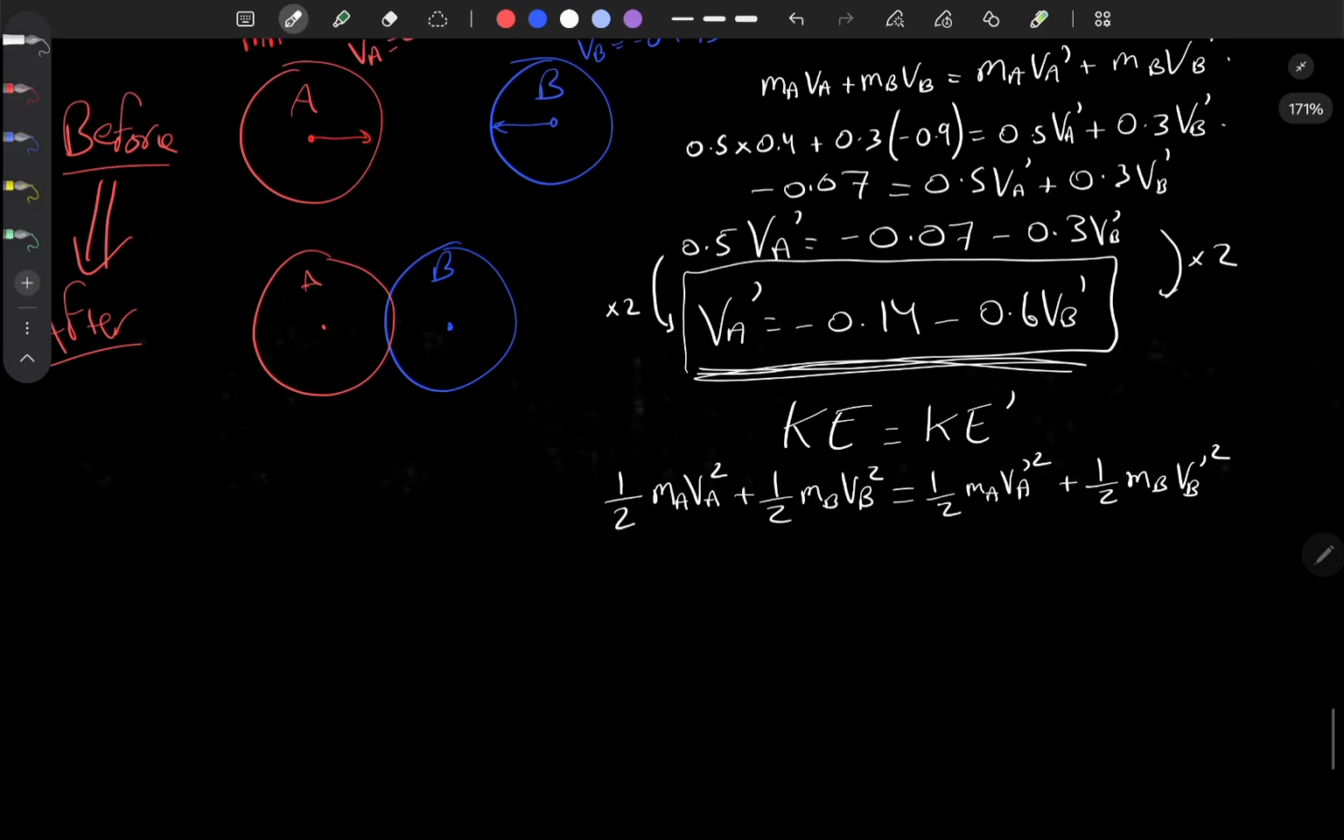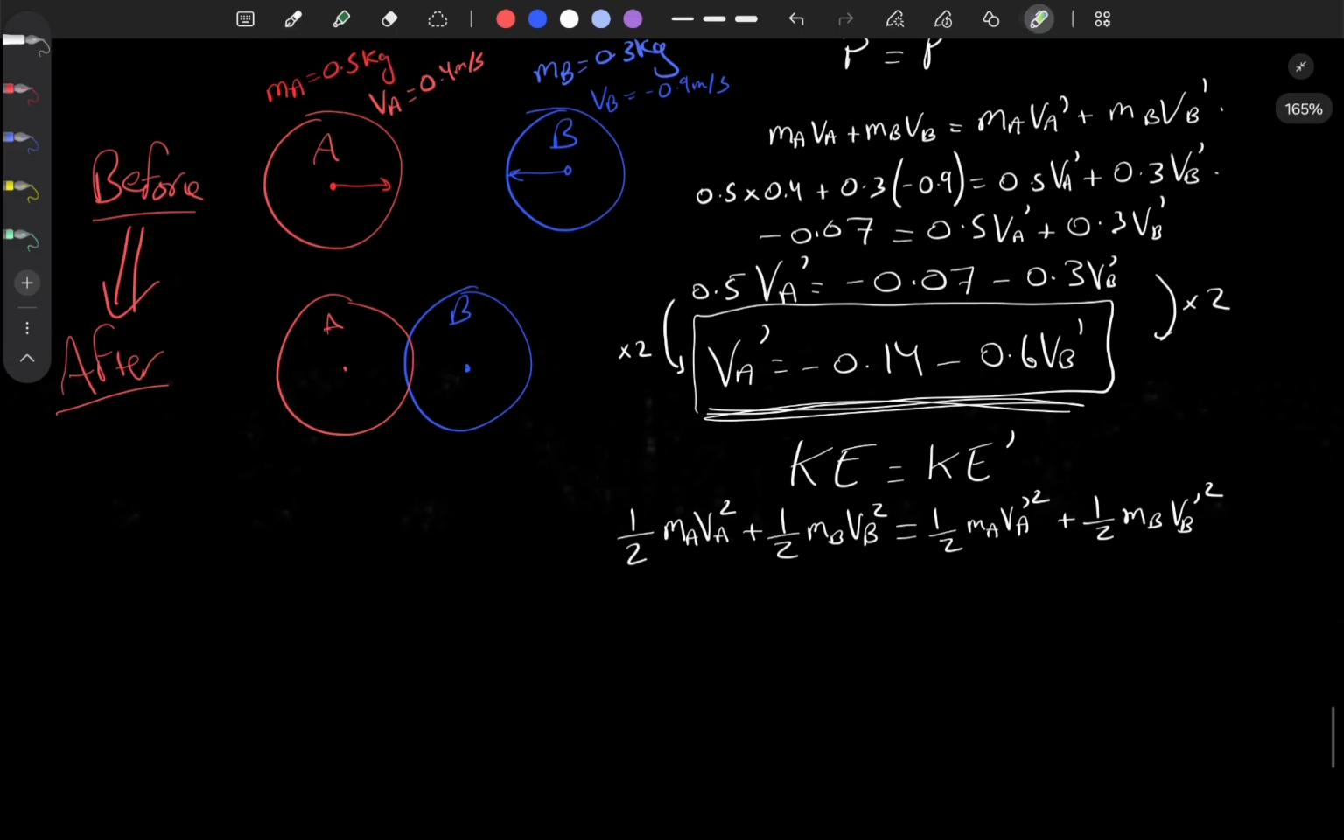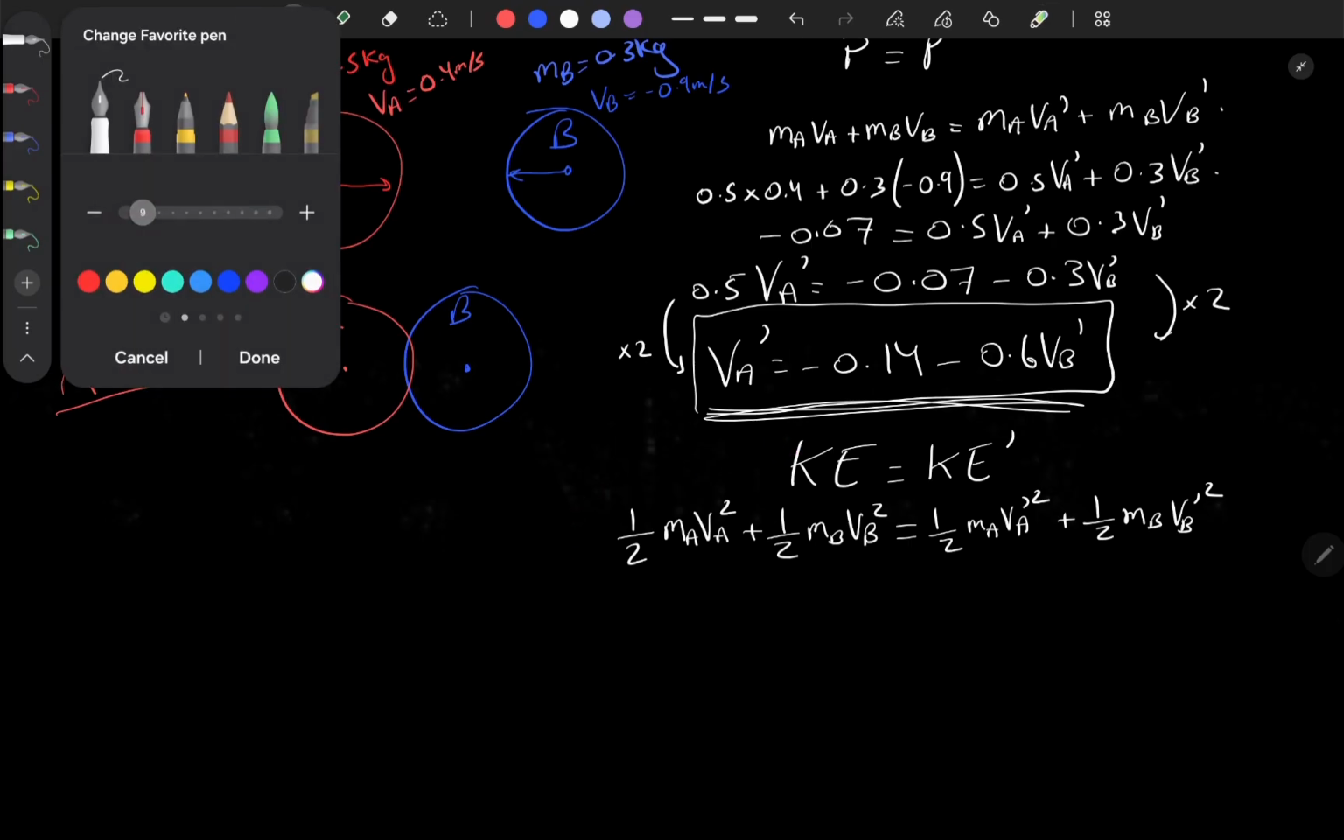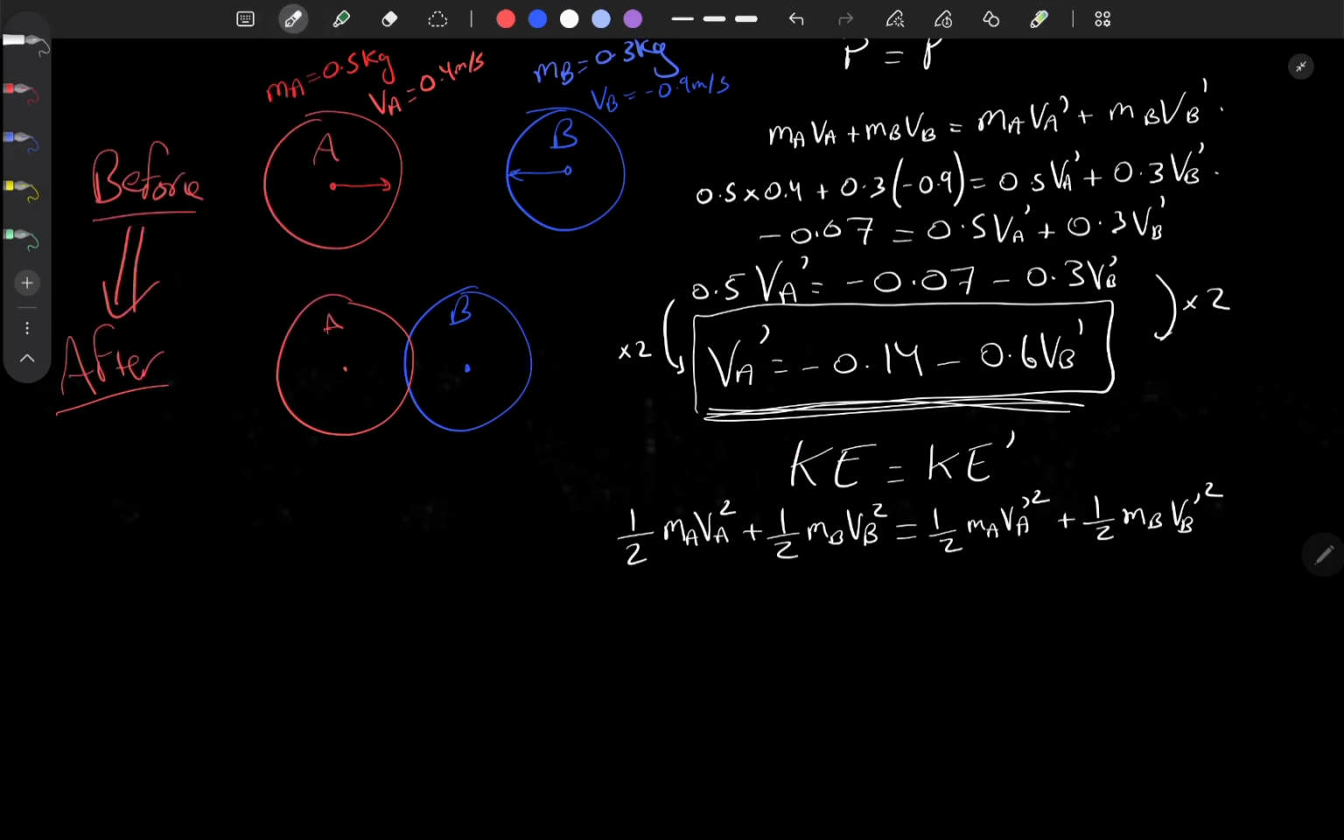Now we want to plug in our numbers. Just like what we did earlier over here, we plugged in our numbers and we simplified. We're going to do the same thing over here for the kinetic energy equation. So we're going to say that it is half MA, which is 0.5, times VA prime, which is 0.4 squared, plus half of MB, which is 0.3, times VB squared, which is 0.9